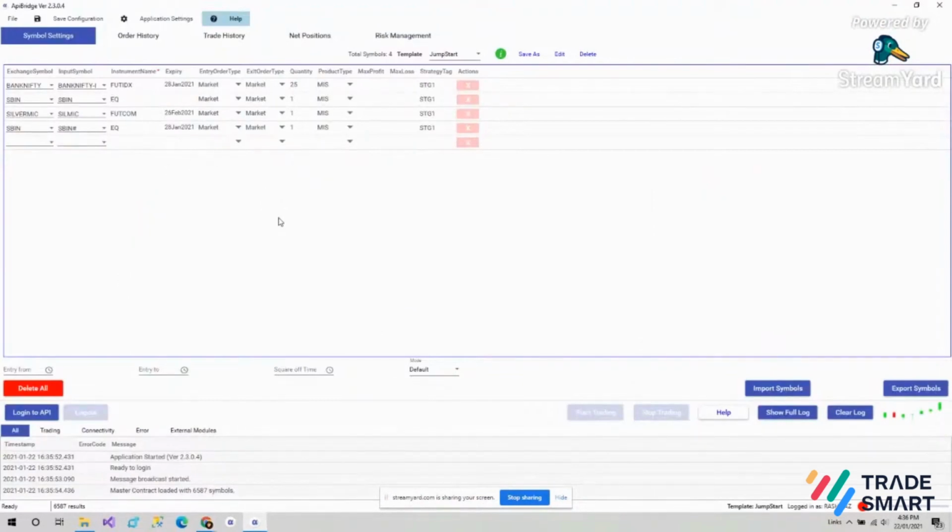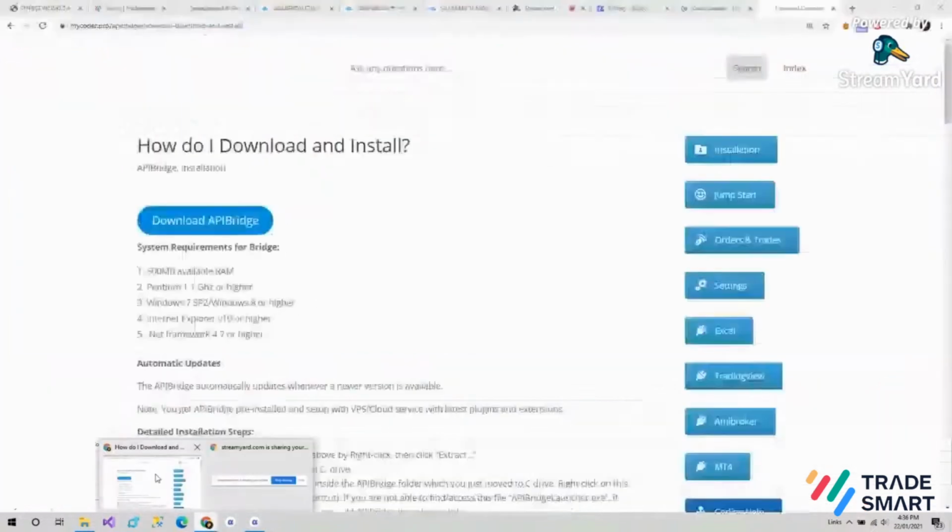So API Bridge acts as a bridge between a charting platform and the TradeSmart trading terminal. So what you'll have to do is you'll connect API Bridge on one end to a charting platform, and on the other end you will connect it with the TradeSmart trading terminal. So I'll tell you how you have to do it.